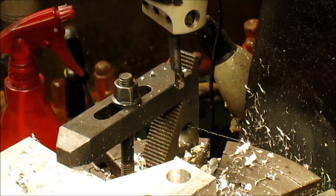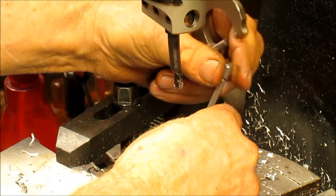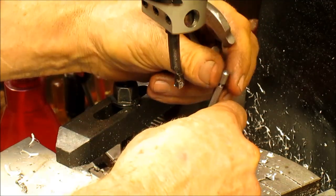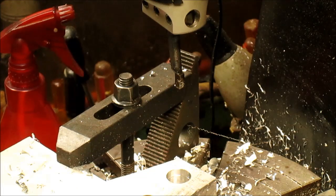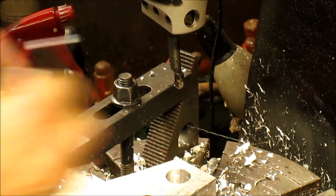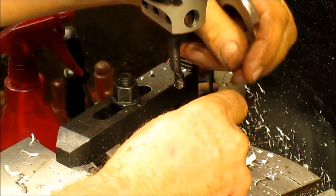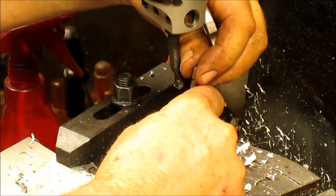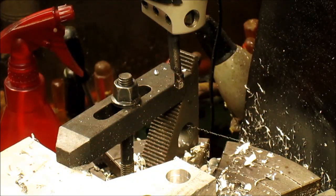Knowing that it's not going to be a super accurate one because we haven't got a whole lot of room to play with here, but I want to get this close before. What I want to make sure is that I haven't gone too far before. What's going on? Oh, too big. Or too small. There we go. And make sure we haven't gone too far before I get down to where I want the size to be. And we are at